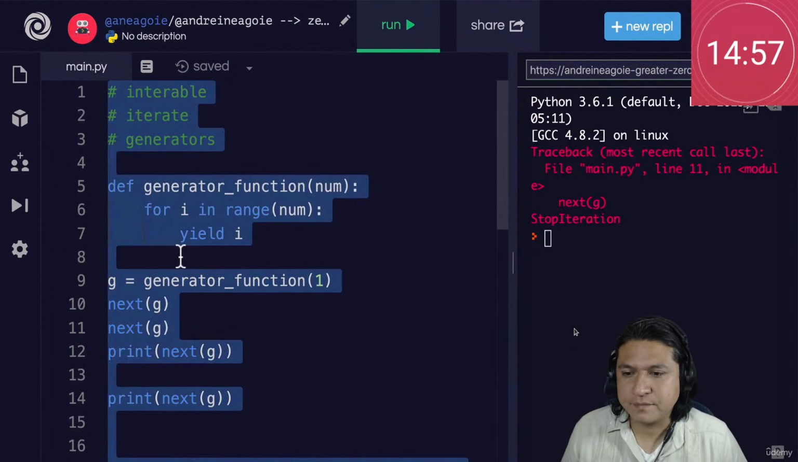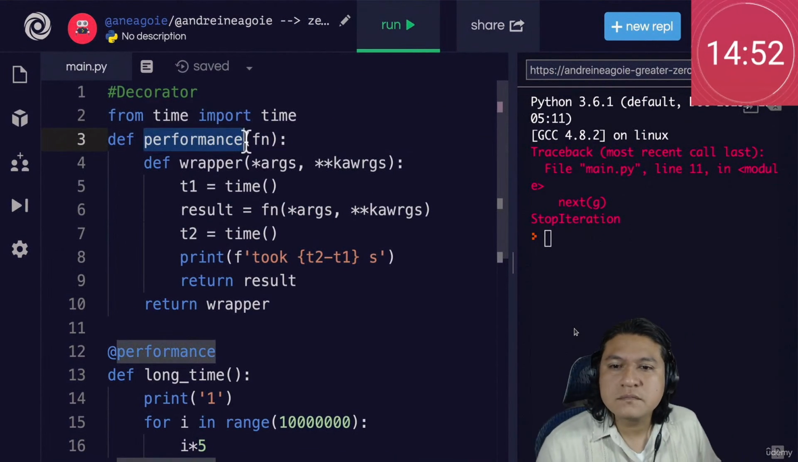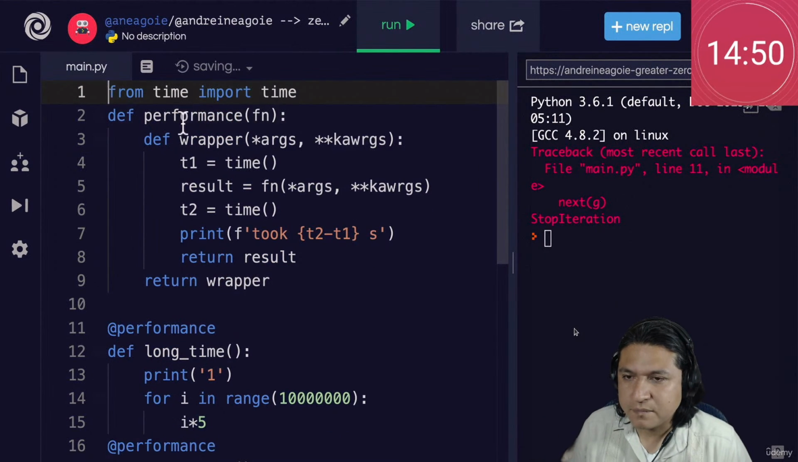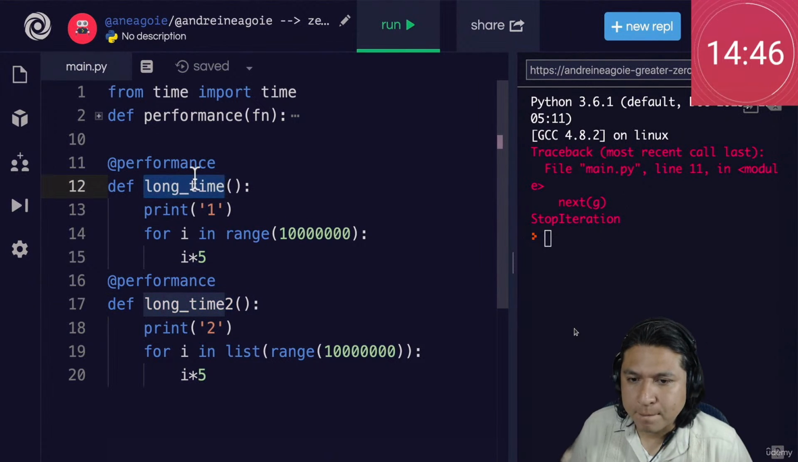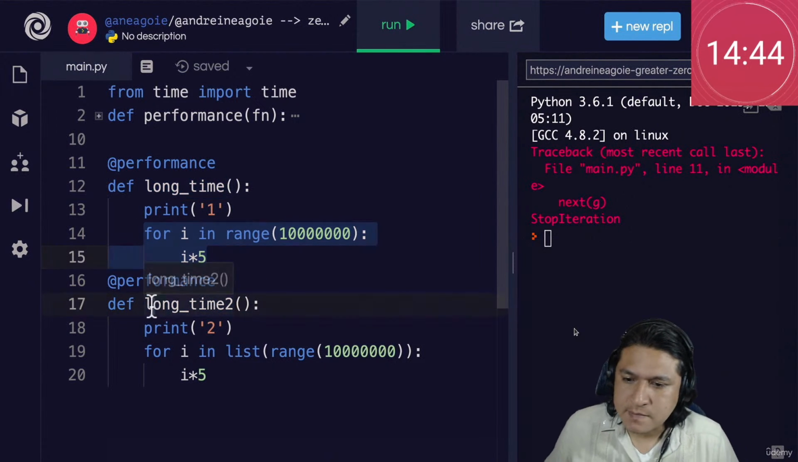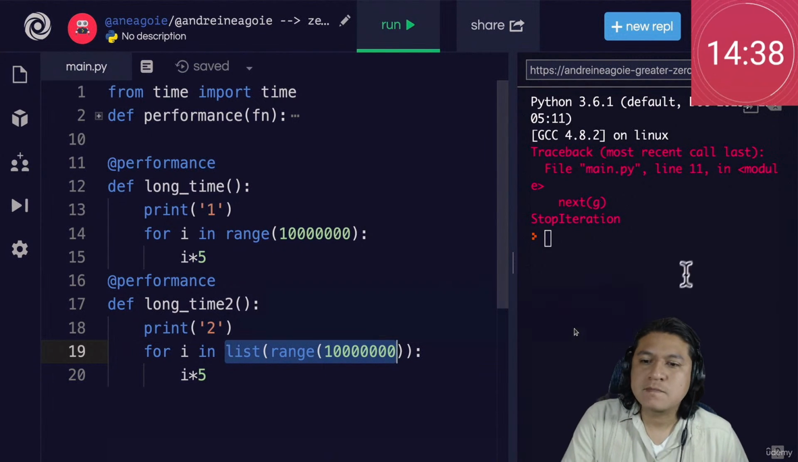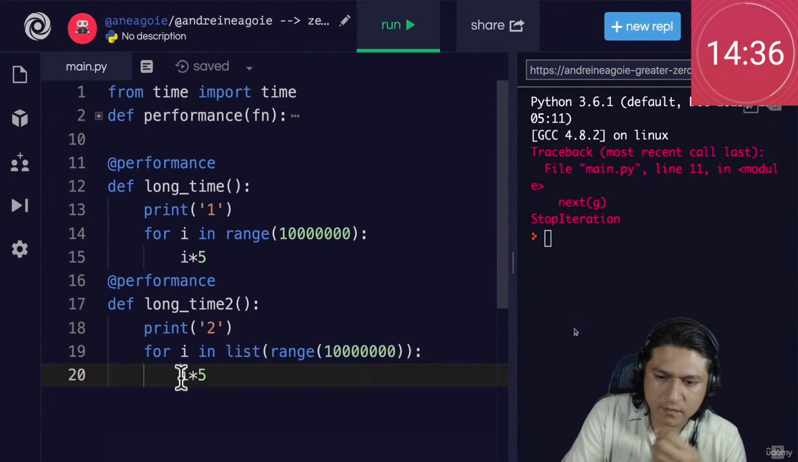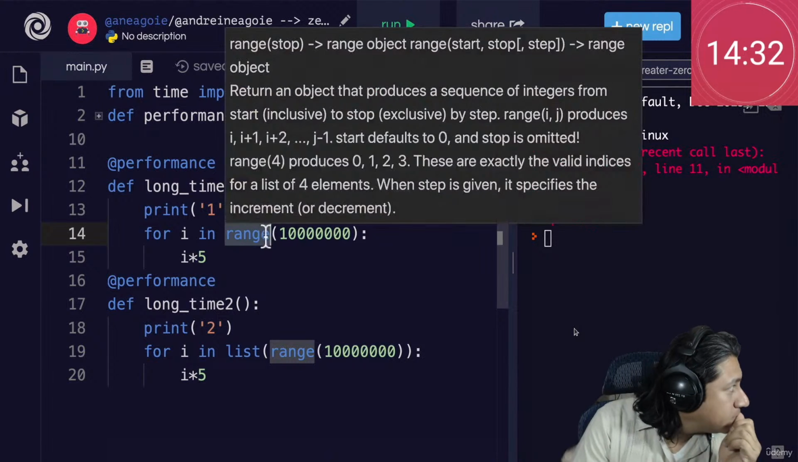I'm going to select all of these and just delete them, because I want to go back to an example that we've used before. Remember when we created the decorator performance in our decorator section? Using this performance decorator, let's minimize it. I have 2 functions for us. A long time function that uses a range, and another long time function that uses a range and then converts it into a list. So remember, one creates a list, and then from that list that's created in memory on our computers, it's going to go 1 by 1 and multiply things by 5. Versus a range, which is a generator that comes built into Python, that is going to just 1 by 1